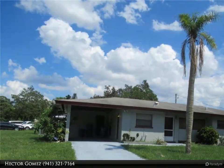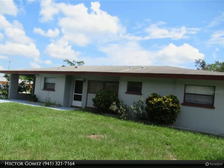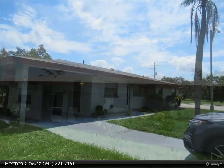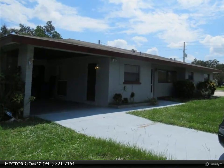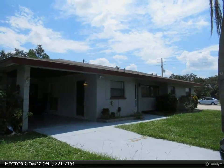The corner lot property is very large, originally built as a 3-bedroom, 2-bath, 1,400 square feet living area, large floor plan with an additional family room with a closet that can be used as a 4th bedroom with little effort, on a cul-de-sac, very private corner lot, many possibilities, in good condition as per visual inspection, air conditioner works